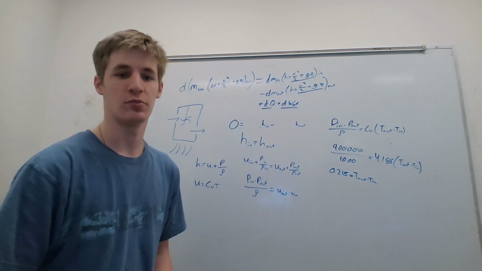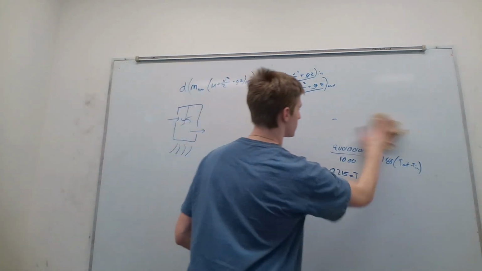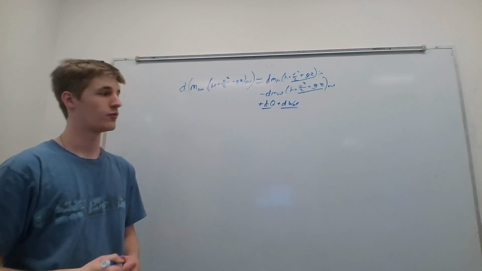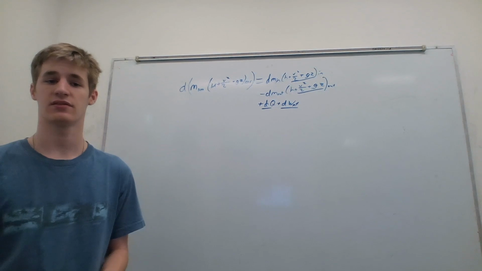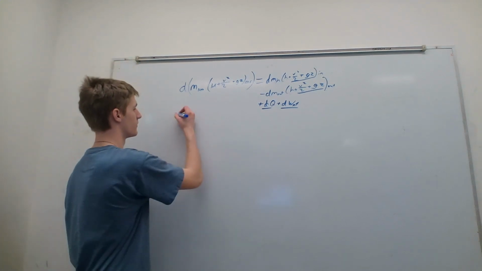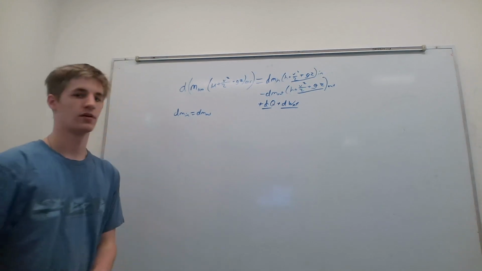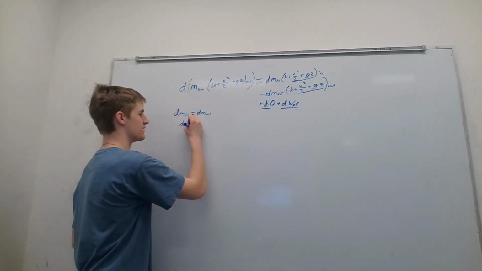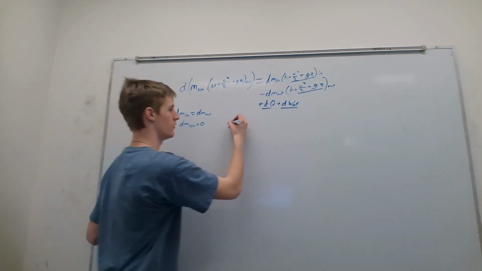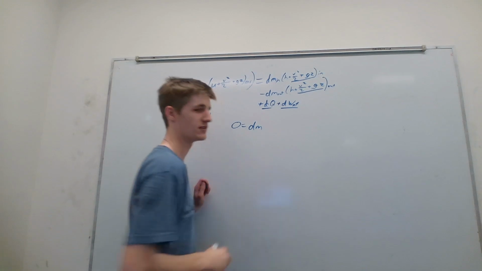Right. And now I will be moving on and deriving the terms of the Bernoulli equation. Okay, so for the Bernoulli equation, we have that it is a steady state equilibrium, right? So that means that the mass going into the system equals the mass coming out. So for Bernoulli, mass going in equals mass going out, which also means that the change in mass of this system equals 0. Right. So 0 equals, and we can just write dm, the change in mass